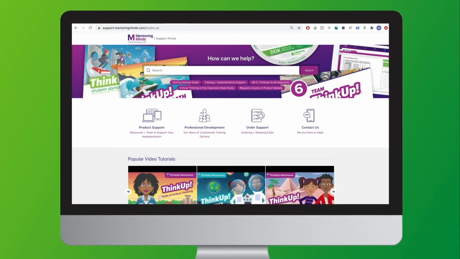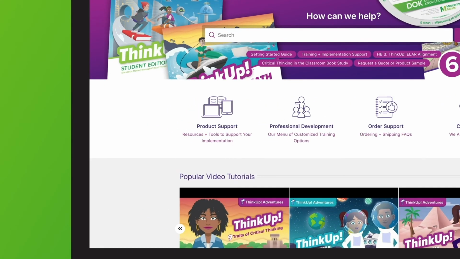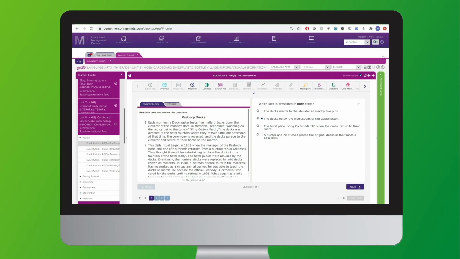ThinkUp includes a pre-assessment for each unit in grades 2 through 8. The pre-assessment monitors prerequisite skills addressed in the unit and helps teachers gauge the appropriate level of support needed during instruction. The pre-assessments are not found in the student editions. Teachers can go to support.mentoringminds.com under the product support icon to receive PDF versions, or digital access users can assign pre-assessments to their students